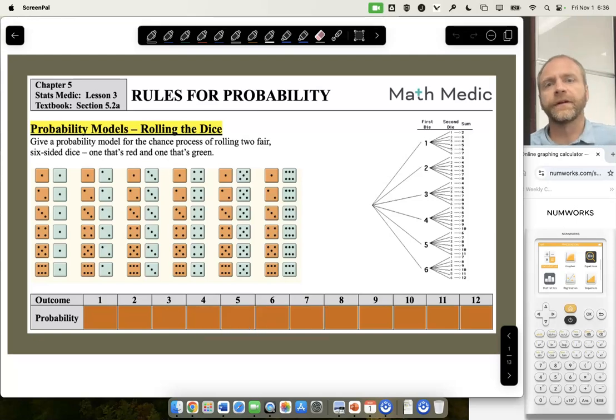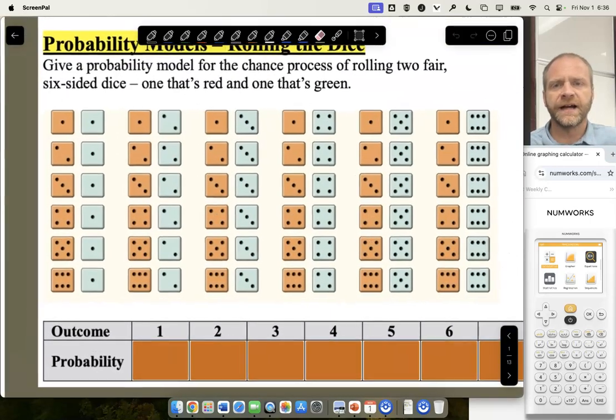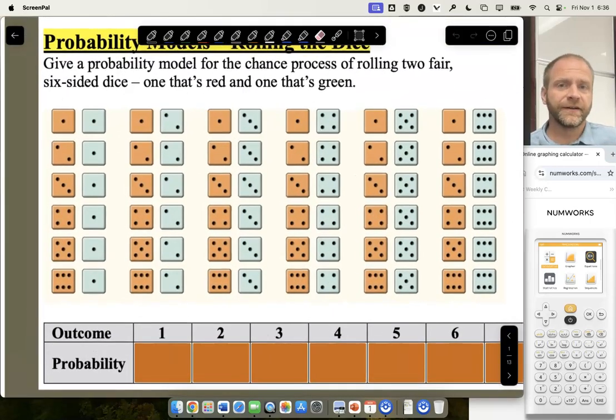Mr. Rainsberg here, and we are looking at lesson 5.2a. It's the third lesson that we're dealing with probability, and this time we're going to focus on the different rules that deal with probability. Before we go into that, we want to first look at what probability models are. Here we have an image of two dice being rolled, and this lists out